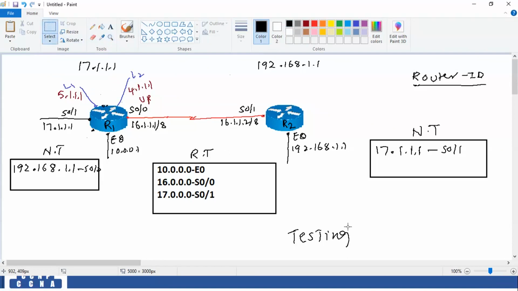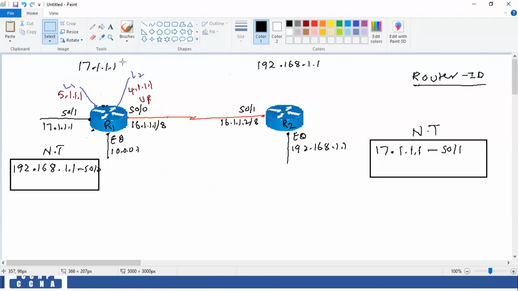Total how many interfaces are there in R1 now? 3 physical interfaces, plus 2 loopback interfaces. Total how many interfaces? 5 interfaces. Out of 5 interfaces, what will be the router ID for R1? The biggest, 17.1.1.1. But 17.1.1.1 is not the router ID right now